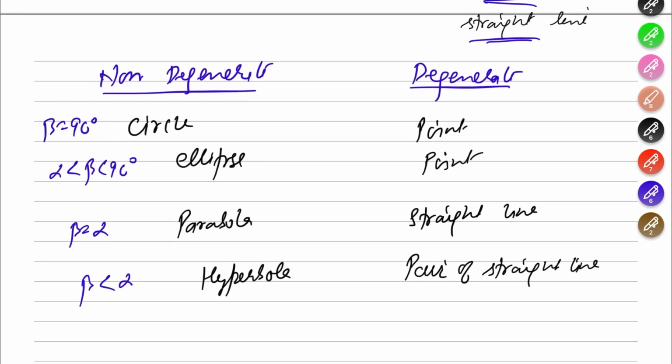Okay, so this was the non-degenerate and degenerate cases. We already know degenerate case means the cutting plane passes through the vertex of the cone. Non-degenerate case means the cutting plane does not pass through the vertex of the cone, and these are the sections. Okay, so next we'll see in detail about the